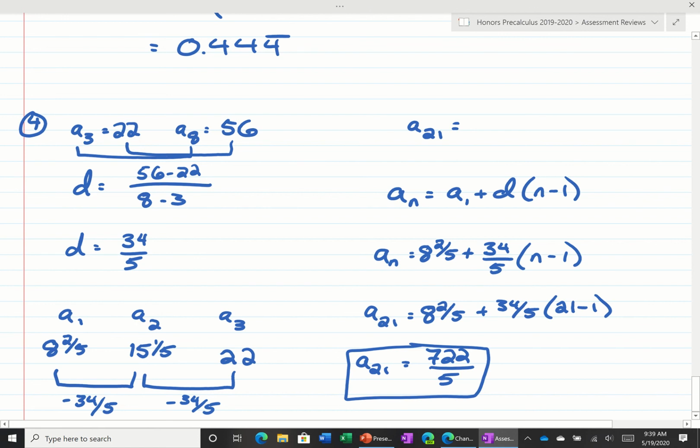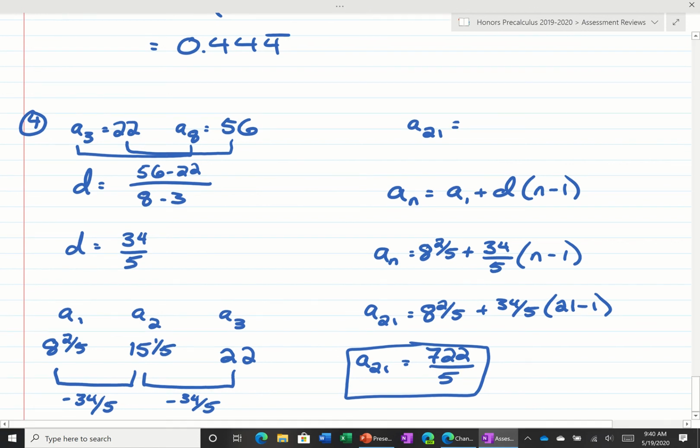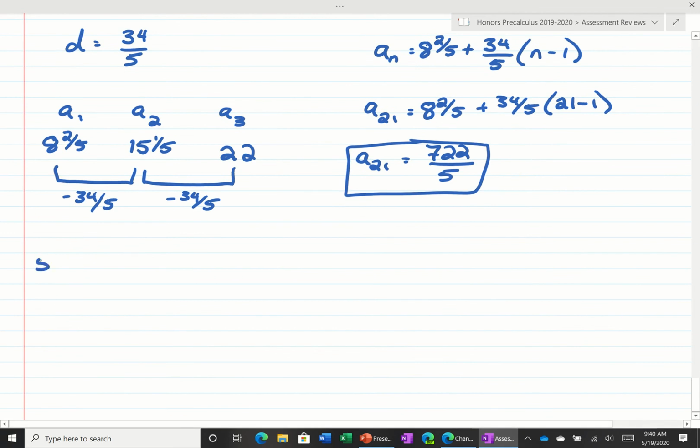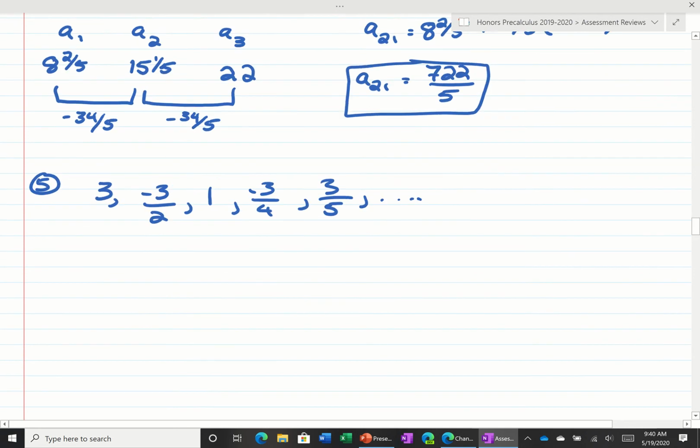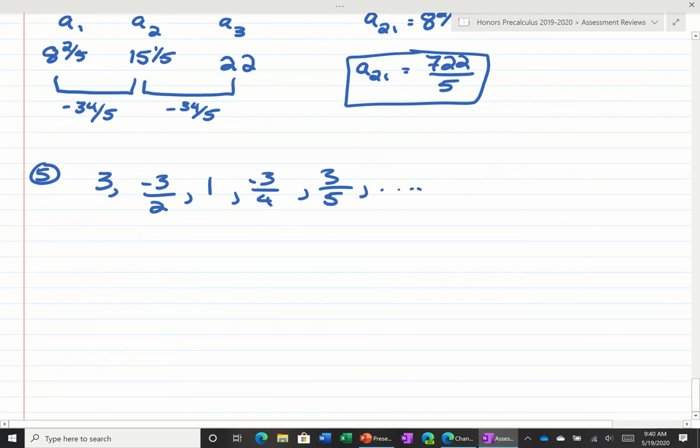And then we have one more. It's asking us to figure out the 21st term in the sequence. So we have 3, and then negative 3 over 2. Then we have 1, and then negative 3 over 4. And then we have 3 over 5, and so on. All right. Well, looks like we have 3's on top, and if we put this over 1, we could see it's 1, 2, 4, 5, so I'm guessing this one is 3 over 3,